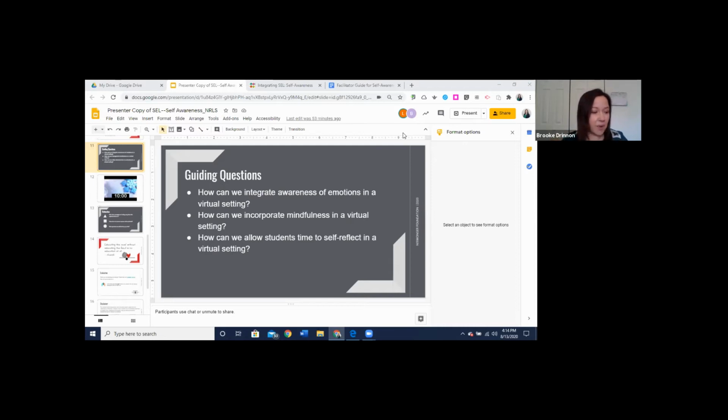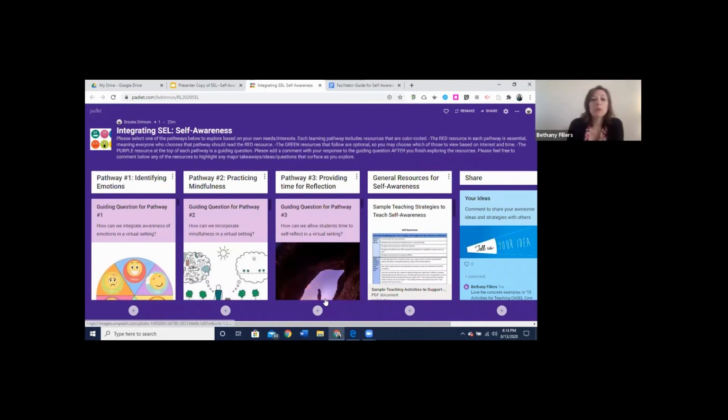Did anyone else pick up on anything that's really standing out to you? Brooke, I'll share one thing, and I noted it on the Padlet, but I thought it was so interesting under pathway number 3, where it said research shows that most growth in metacognitive ability happens between the ages of 12